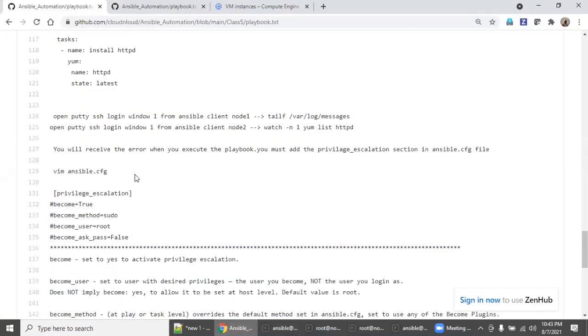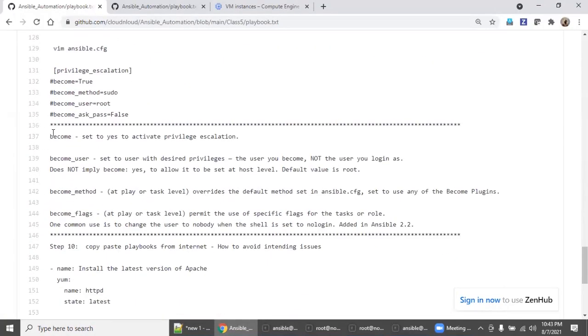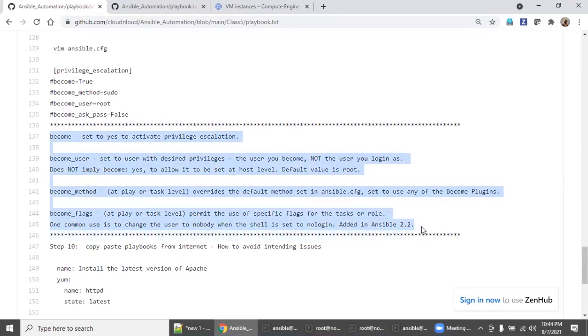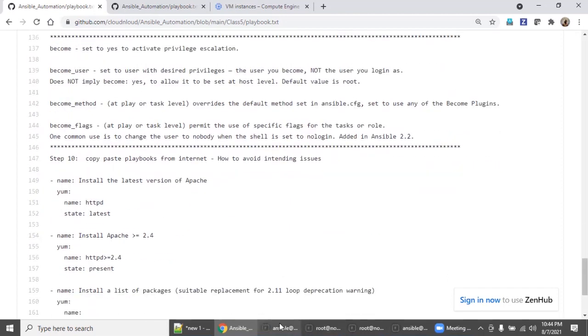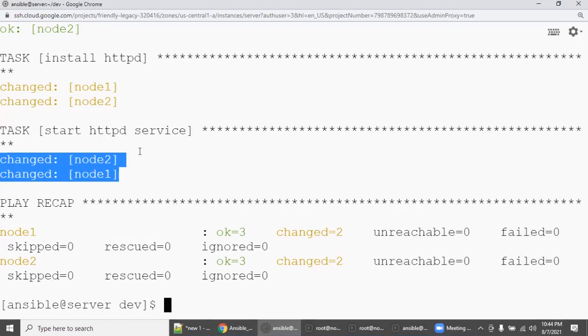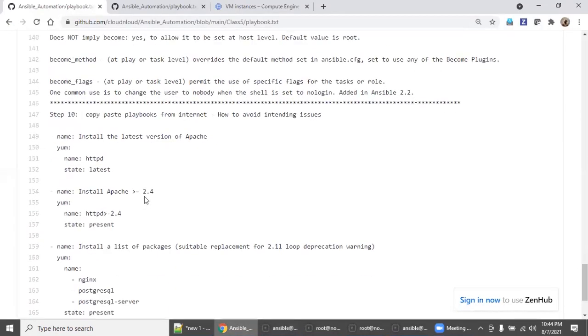Go back to this. So there is an explanation. You need to understand this, because in each and every project there will be a different functional user ID. There will be a different sudo method, because these days I heard a couple of projects have started using bzdo, right? So this is how you need to understand.